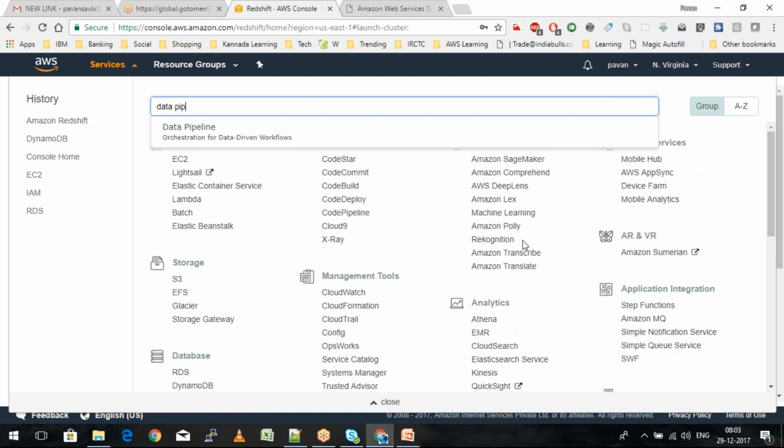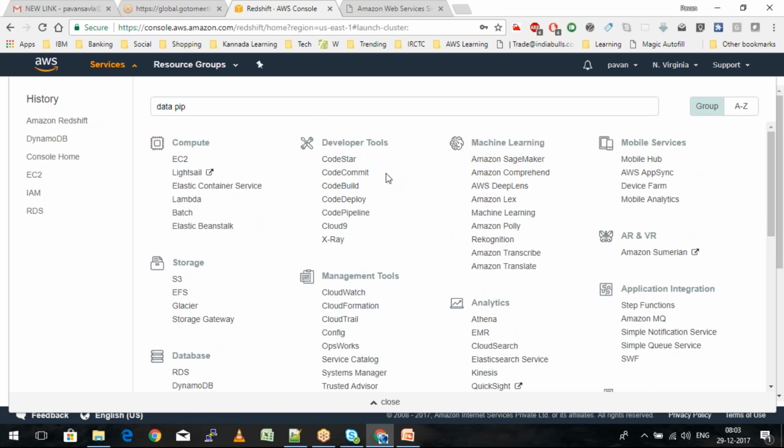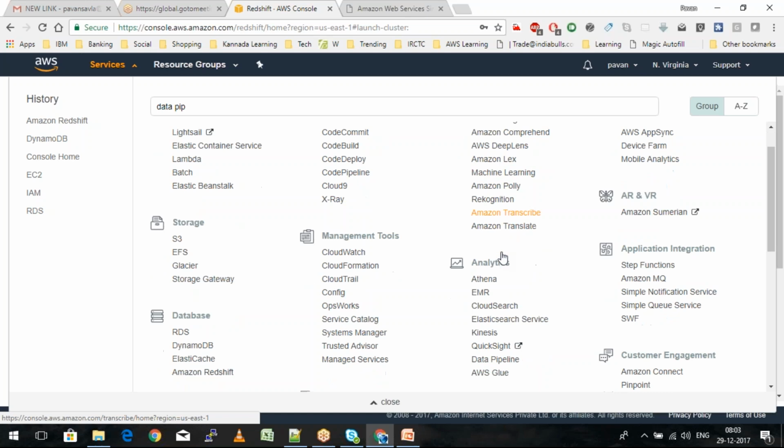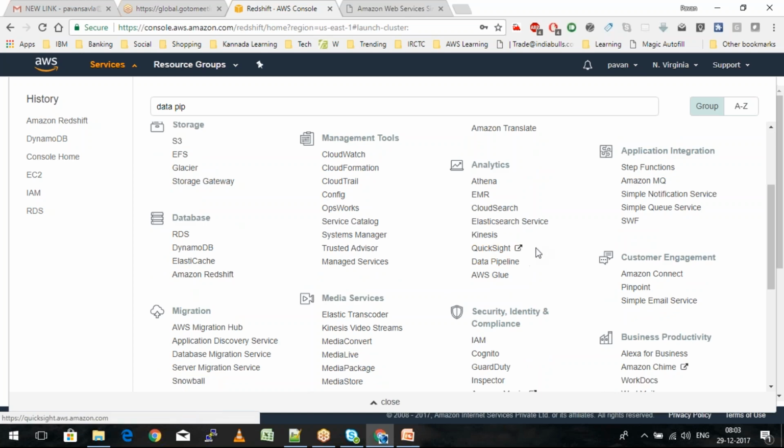I'm not sure which service it is a part of at this point of time. For developers, we have all these for data. Yeah, so as a part of analytics, we have it here. There is a Data Pipeline. So using the Data Pipeline, we actually pick the data from the RDS and put it inside the Redshift.